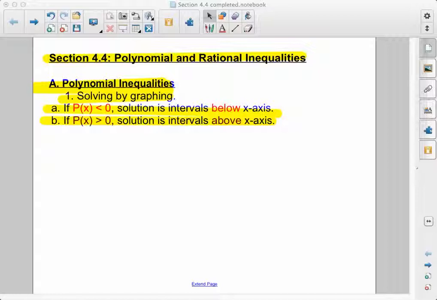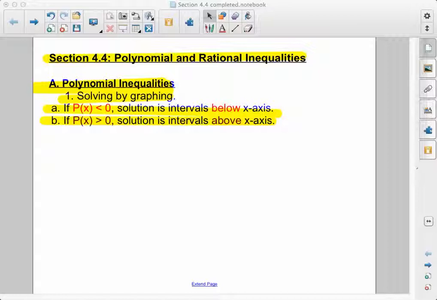One is solving by graphing. This is, again, the method that we used in chapter 3 when it came to solving quadratic inequalities, and the rules are basically exactly the same. When we get our inequality in the form where one side of the inequality is 0, basically the inequality sign tells us what we're looking for on the graph. If we have a less than inequality sign, it means we're looking for the intervals of x values below the x-axis. If we have a greater than inequality sign, it means that we're looking for the intervals of x values